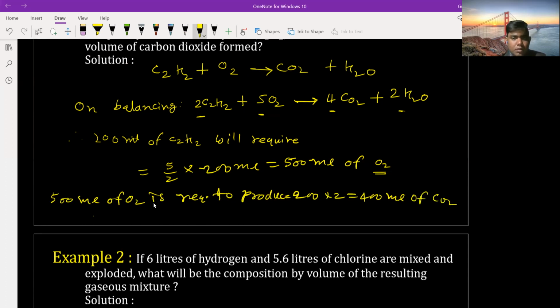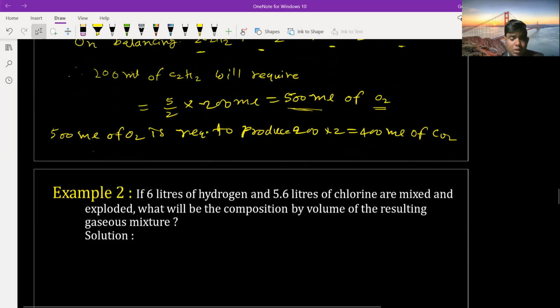Okay, so we can say 500 ml of oxygen is required to burn completely 200 ml of acetylene, thereby producing 400 ml of carbon dioxide. Okay, so now on to the next example,